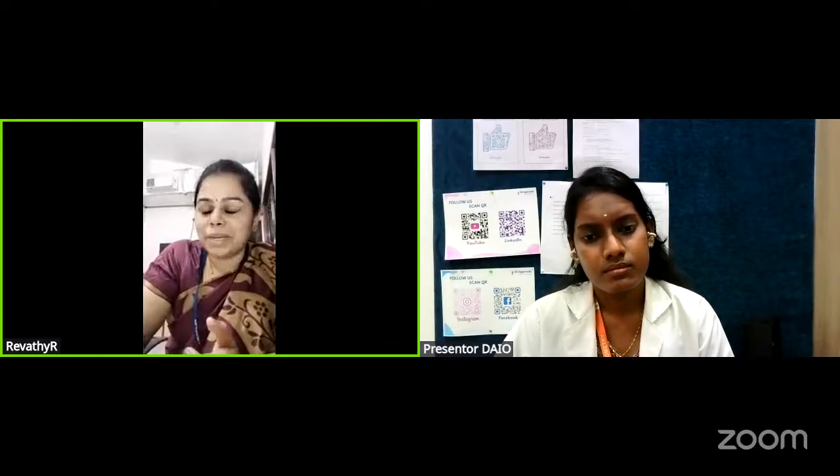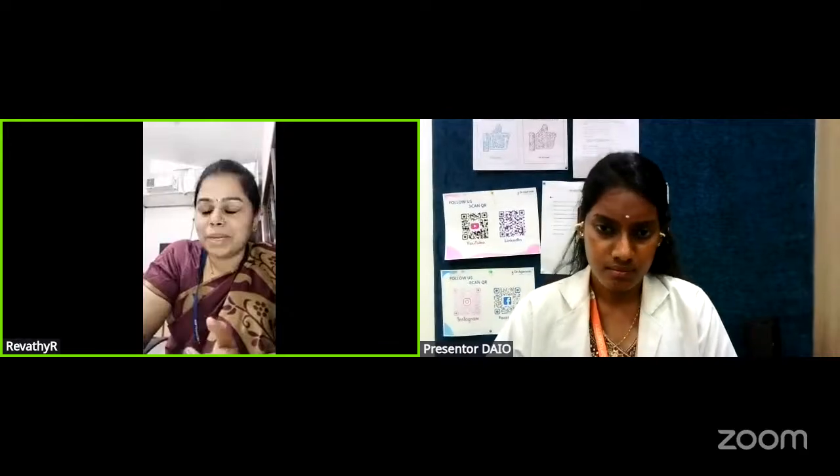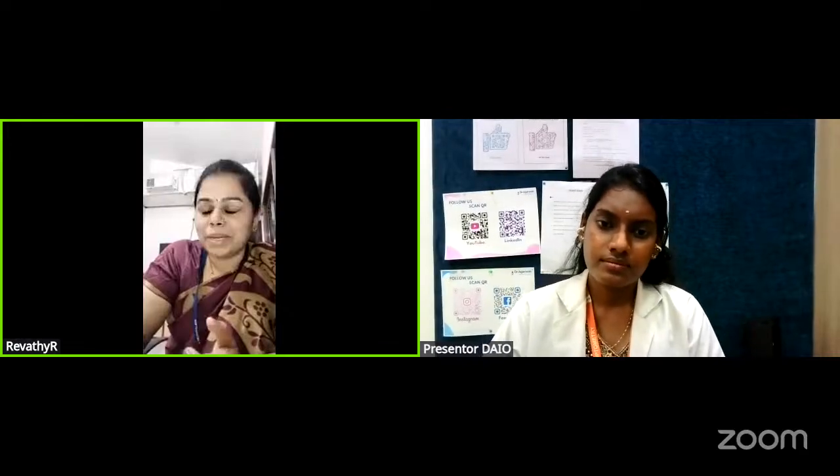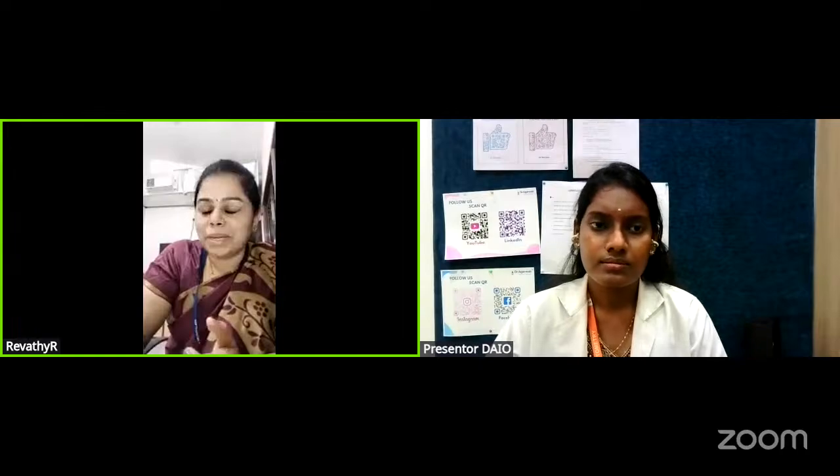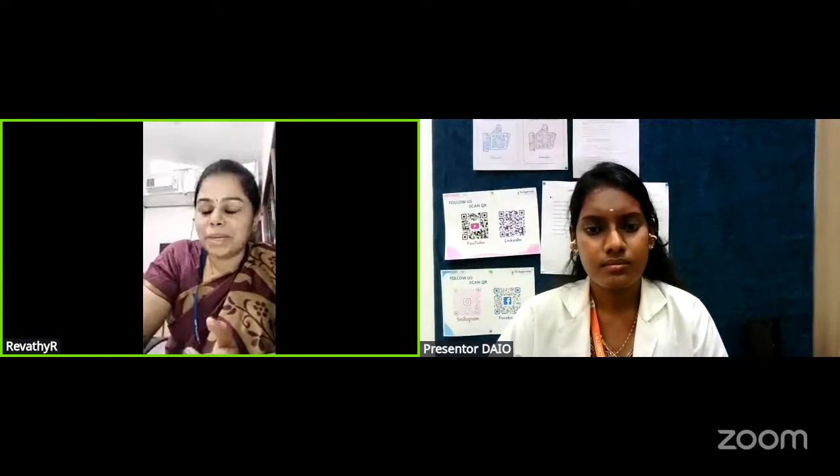Same thing with manual keratometry also. The quality of the mires has something to tell us, like how good the cornea is, how smooth the cornea is, and what the tear film quality is. Even before you make them sit at the slit lamp, you can tell if the patient has a low TBUT. Tear breakup time being lesser, you can easily tell that. We actually perform something called non-invasive TBUT using keratometry. How is it performed?